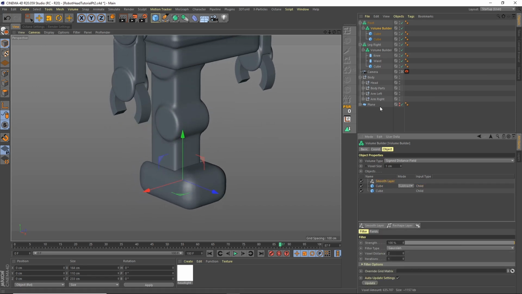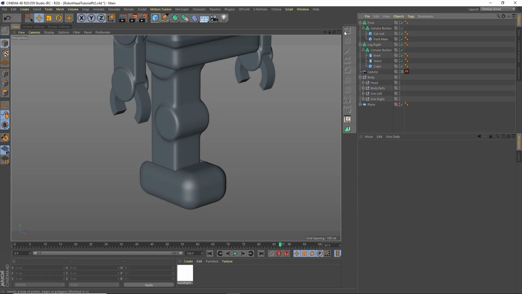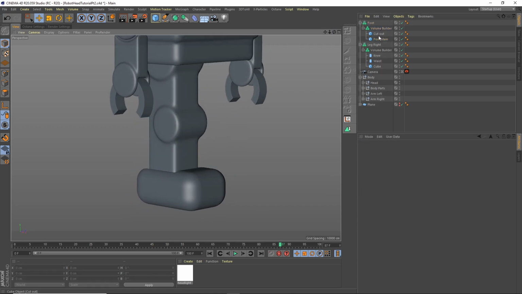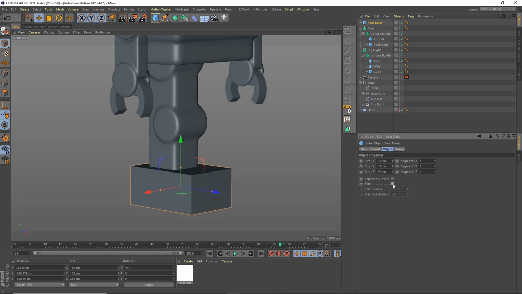And maybe just so we get a bit more smoothing, let's call this one foot main. Let's call this cut out. And then for the foot main, it's a little bit chunky around the edges here, so let's just update that subdivision. Maybe we'll make that like 20. That gets this a bit smoother. And then I don't want all the rounding at the bottom, so I'm going to copy this, turn the rounding off, make it like a little bit